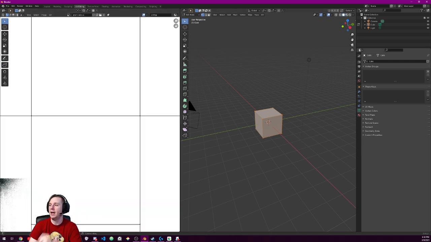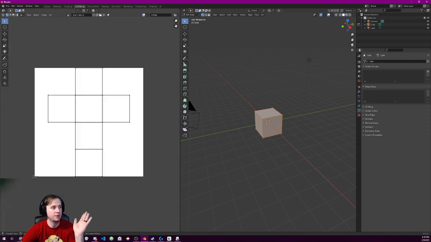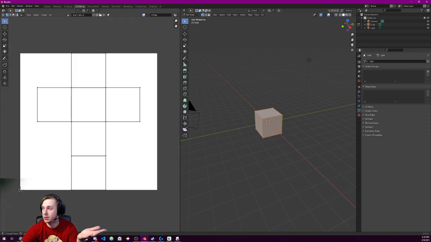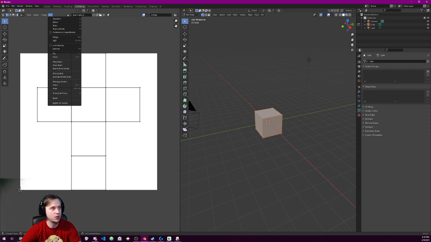And so now, here, we'll zoom out. So now I have the image. I actually have this item here. If I go into the UV,